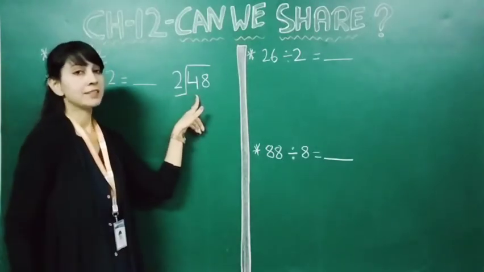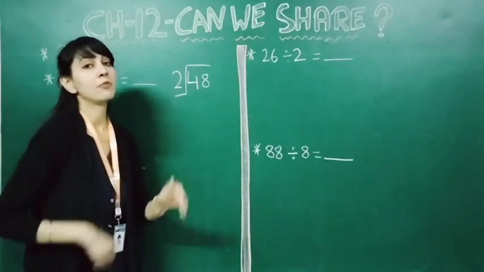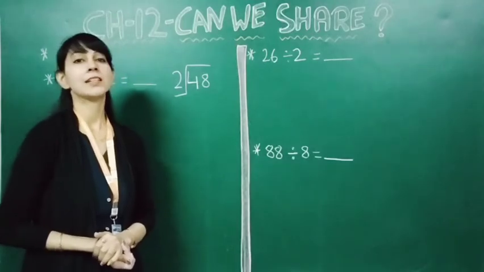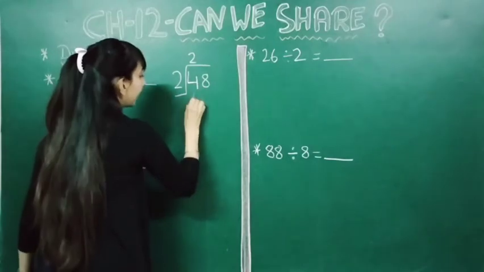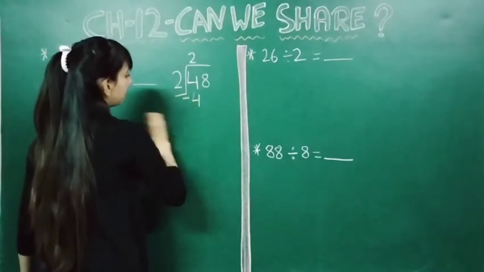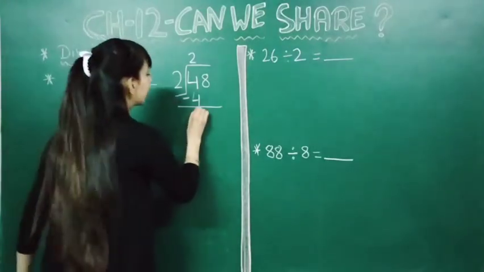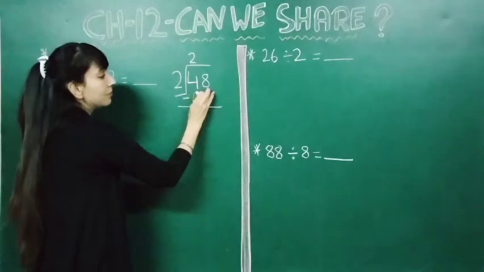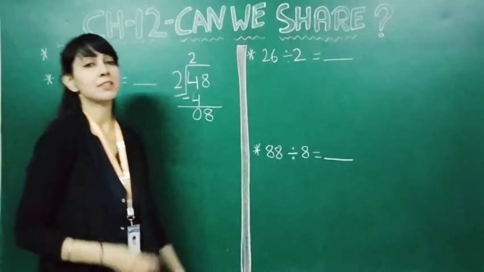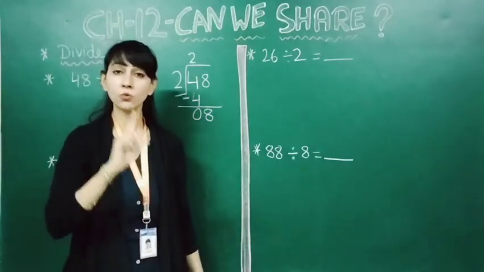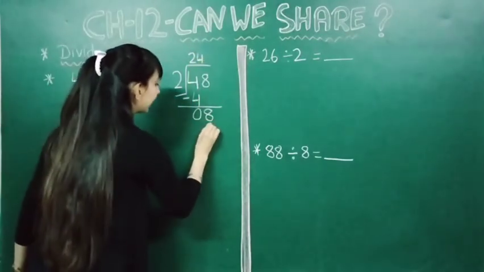First of all, we will see the digit that comes in tens place. Yes. Now here it's written 4. Now when 4 comes in table of 2, yes, 2 2s are 4. So here we will write 2 and here we will write 4. We will just subtract it. Yes. Now 4 minus 4, yes, you will get 0. Now we will just bring this 8 down. Okay. Now when 8 comes in table of 2, yes, 2 4s are 8. So here we will write 4 and here we will write 8.